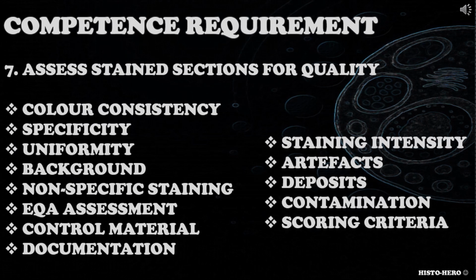The seventh competence requirement is assess stained sections for quality. Candidate should be able to assess quality of stained sections. Does the candidate assess stained section for quality correctly? Do they take correct steps during the assessment? Do they focus on correct features when assessing quality of staining? Maintain appropriate audit trail? When addressing this competence requirement, candidate could consider color consistency, uniformity, specificity, presence of background, consistency